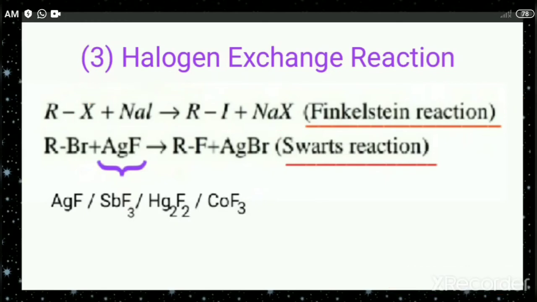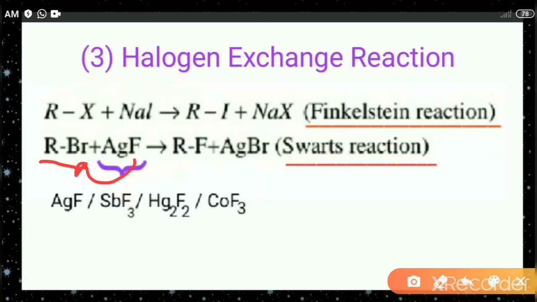In this example also the halogens are exchanging. That means in the haloalkane there is Br, and when it is treated with AgF, then in the place of Br, F takes over. So we get a product RF plus AgBr. When you check the reactant and product, you can find that there is an exchange of halogen atoms during